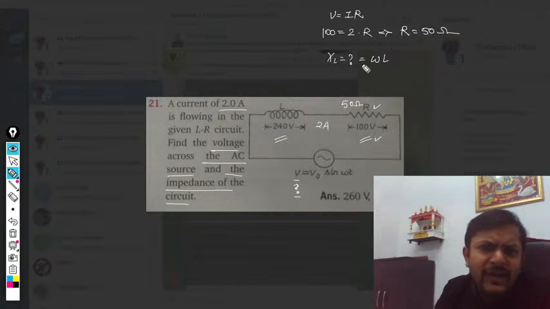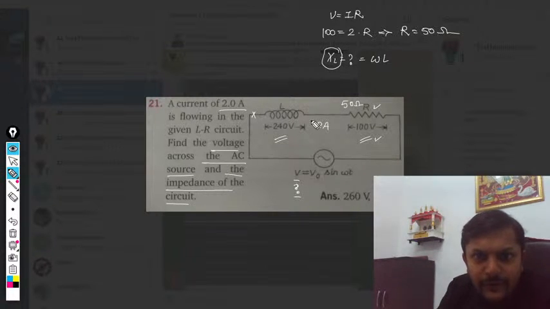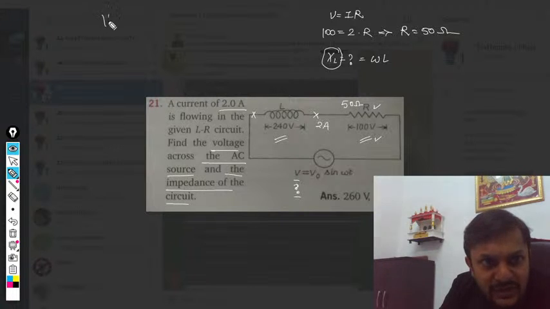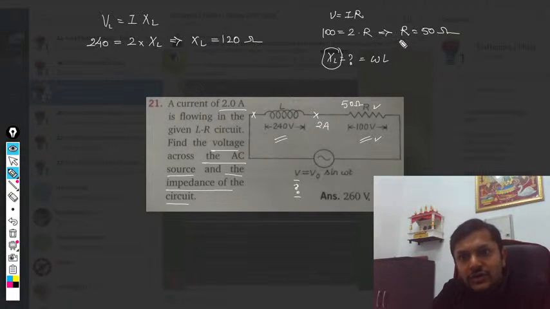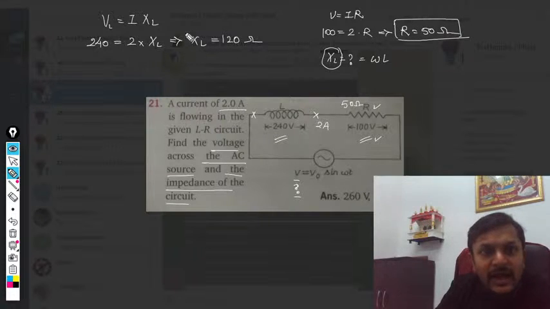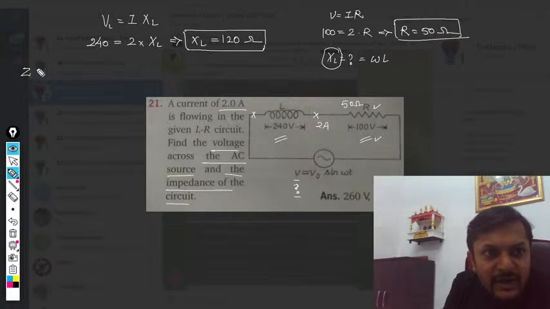Okay, so we can directly find the XL value by using the Ohm's law for the inductor. Now Ohm's law for the inductor will be VL is equal to I into XL. So we will take it 240 is equal to I into XL. We can find XL from here, so XL will be 120 ohm. Now you know the resistance and you know the XL, so you can find the impedance. Now impedance will be given by